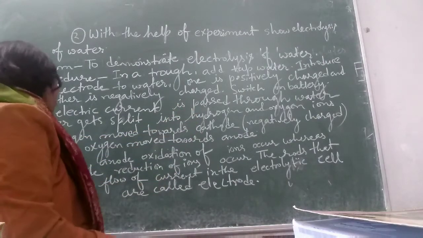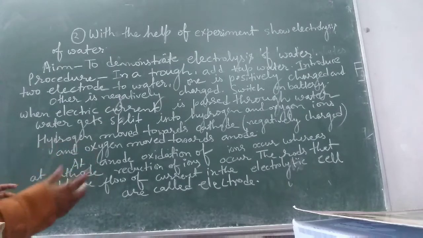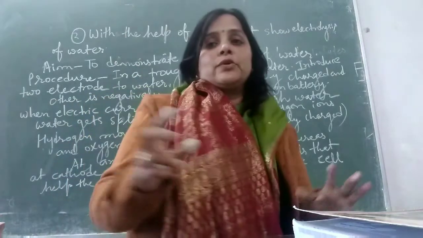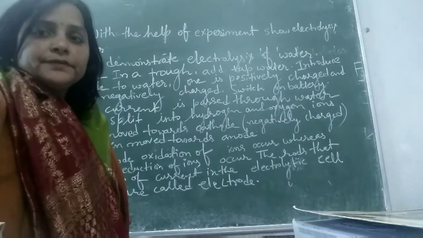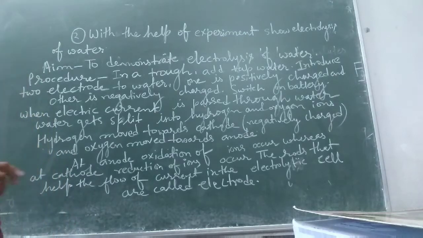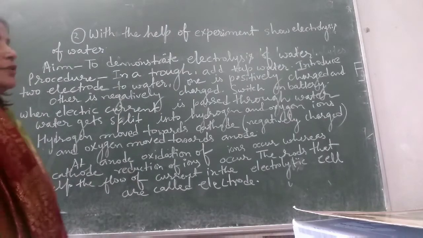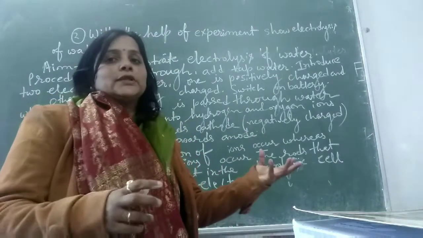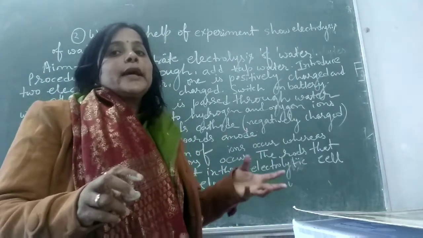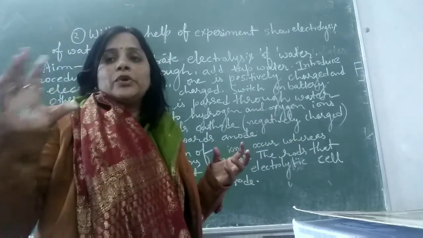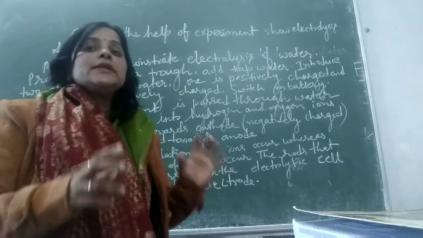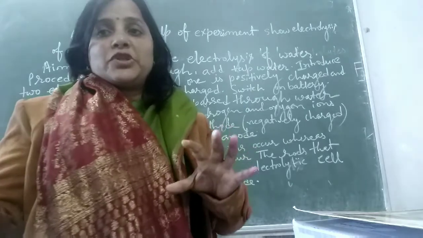The rod that helps the flow of current in the electrolytic cell is called an electrode, and the whole process is known as electrolysis of current. During the electrolysis of water, we use tap water because tap water contains ions, and we connect the container with the help of electrodes. One is the cathode, another is the anode. The cathode is negatively charged and the anode is positively charged. When electric current is passed, then hydrogen ions as well as oxygen ions are produced.